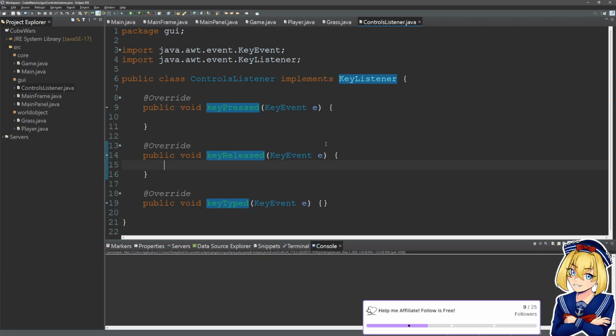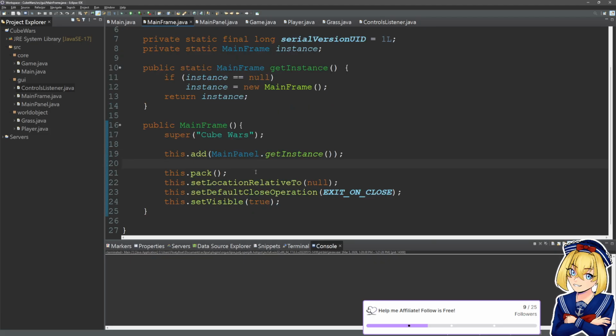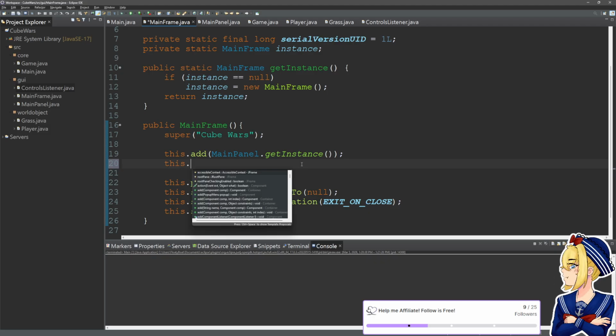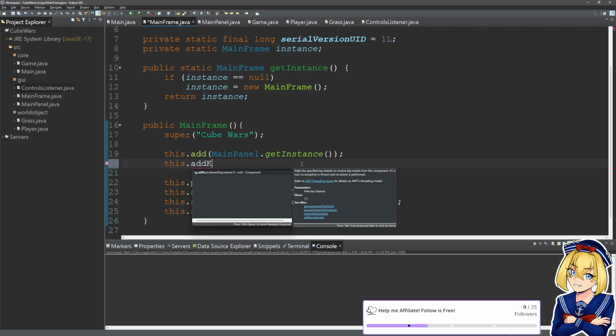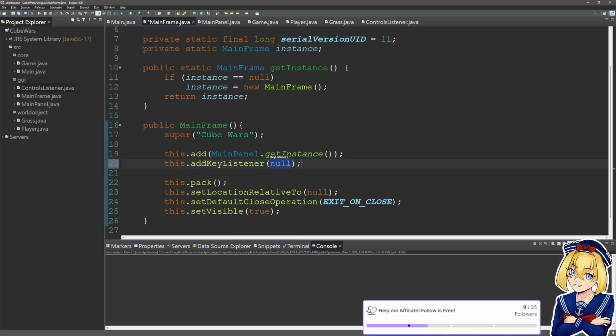We have all this stuff, but technically we haven't added this controls listener to our window yet. So we're gonna go to our main frame, and similar to how we added our panel to it, we're gonna say this dot add key listener. Now that sounds familiar, doesn't it? And we can either say new controls listener,